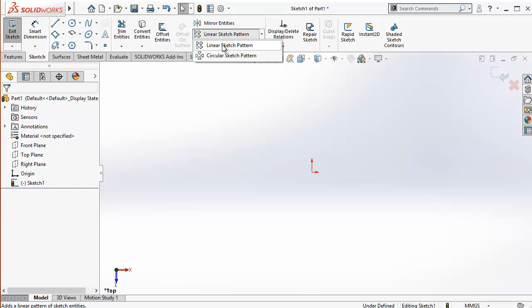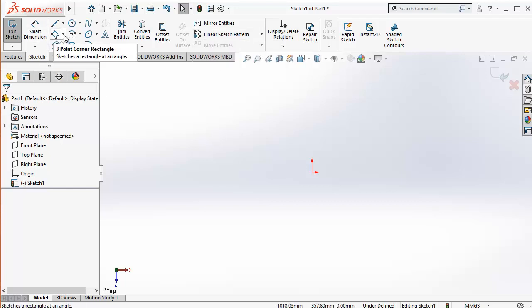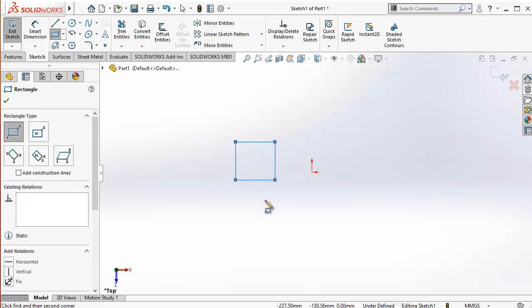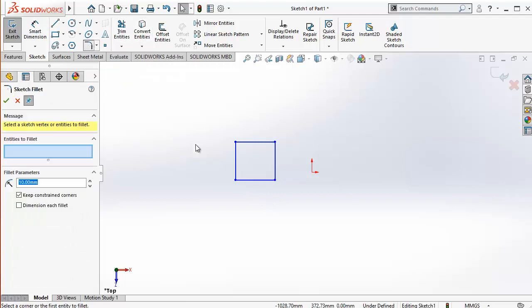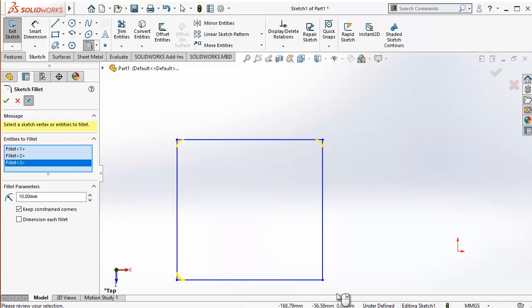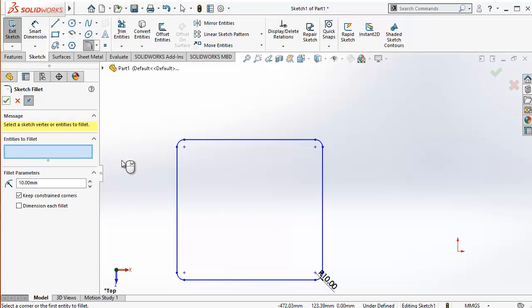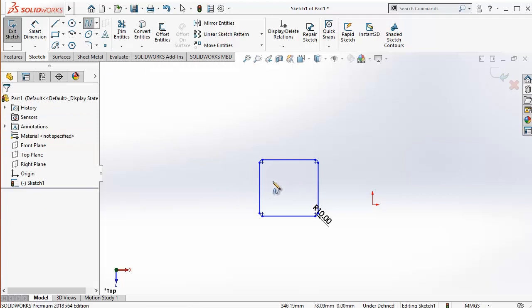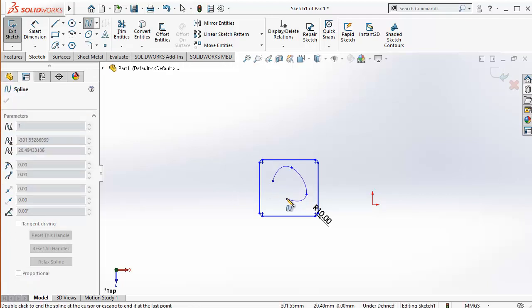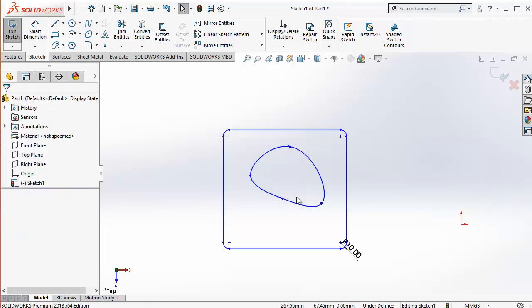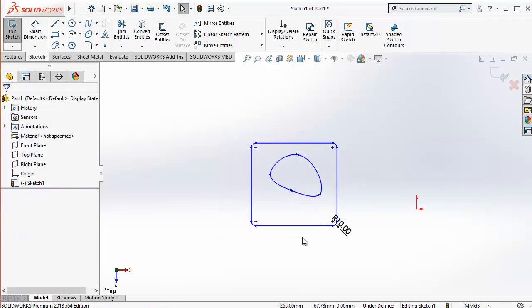First we will be discussing the linear sketch pattern, and for that we are going to choose a rectangle and fillet its sides by 10 mm. And for example, we are placing a kind of curve inside this rectangle,